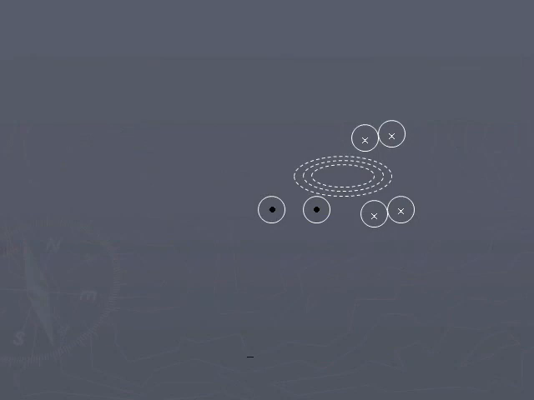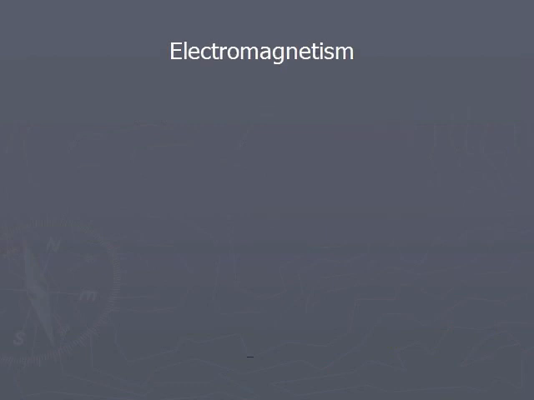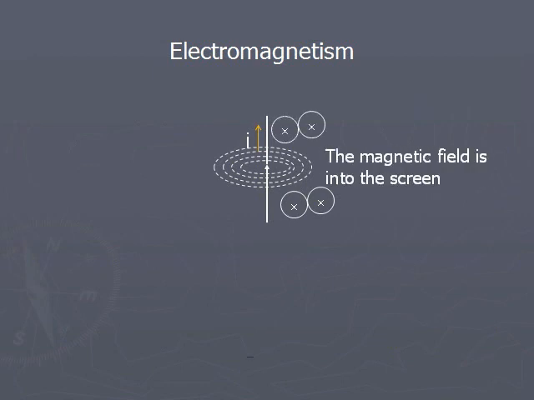To study the concept of magnetic field created by a current carrying conductor, here I have given two examples. In the right side example, I have taken a conductor laid in the plane of the screen. The current is carried in the upward direction. Then around this conductor, you know that the magnetic field will be created as concentric circles.